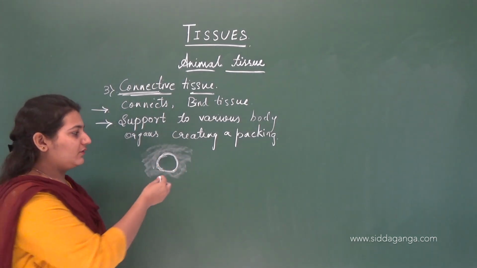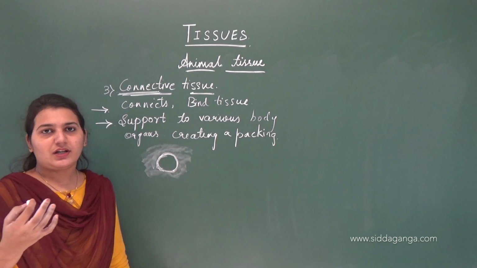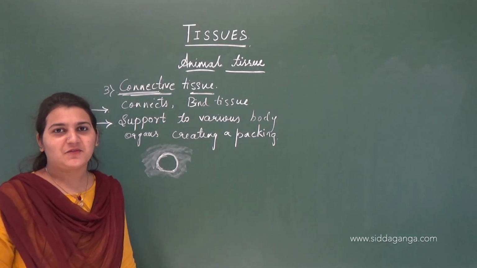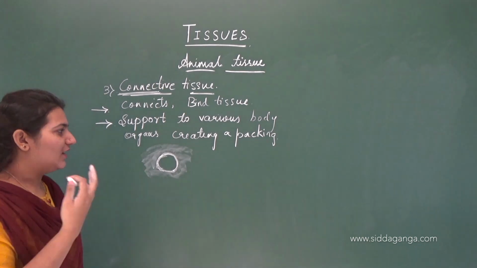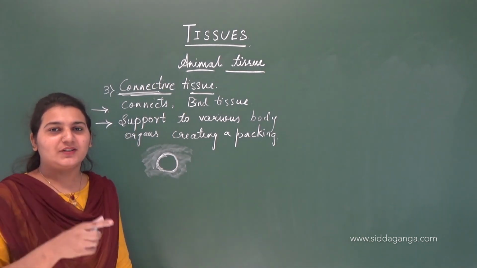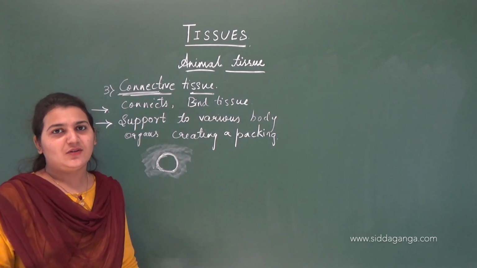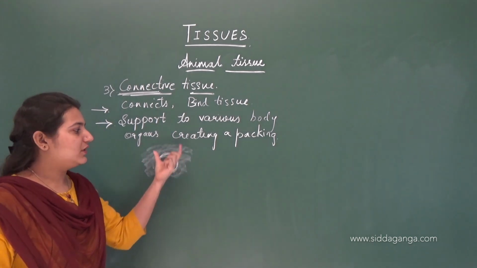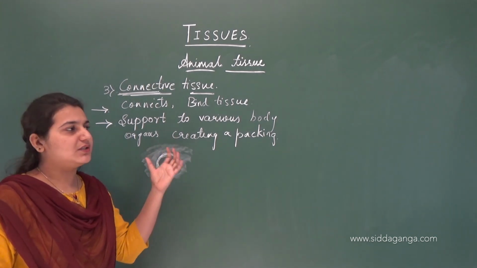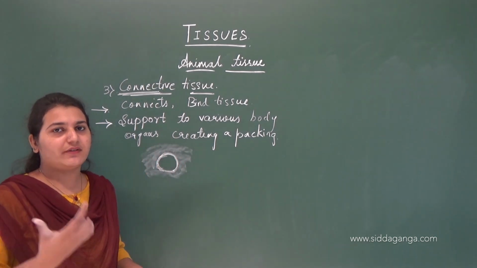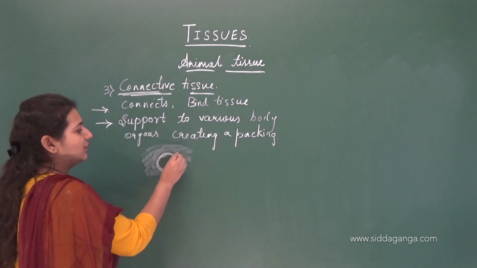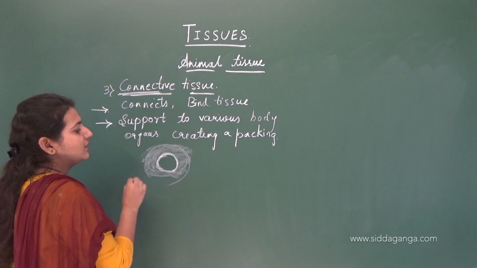For example, if this is the stomach, it's not like today the stomach is at one place and tomorrow it moves somewhere else, isn't it? It's not like that. Organs are placed at a particular, specific region. This is because of this connective tissue. It forms a medium around these organs. This helps in the placement of particular organs. It forms the medium or the matrix present around this organ.